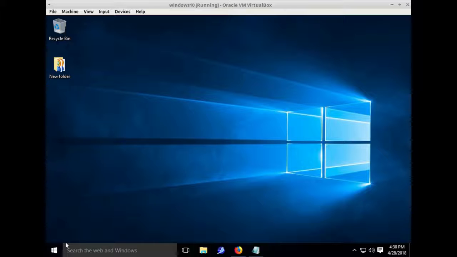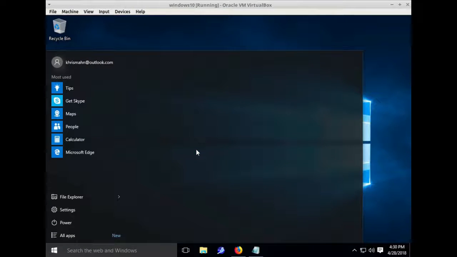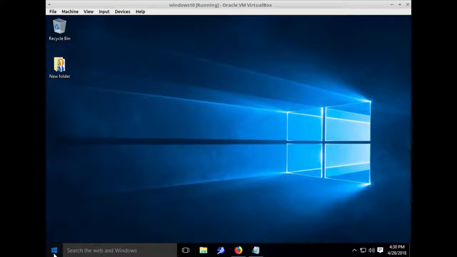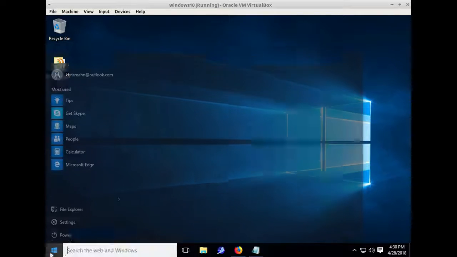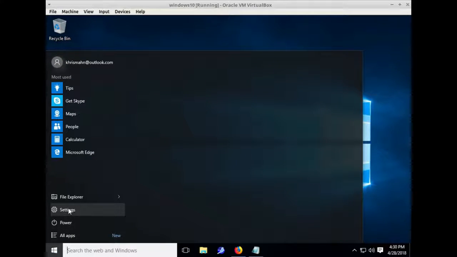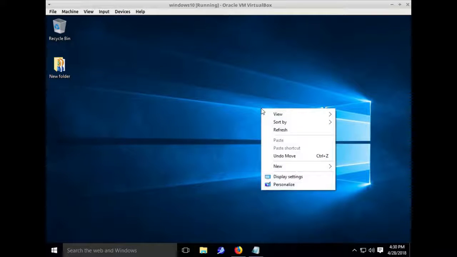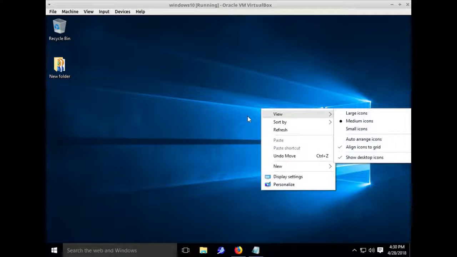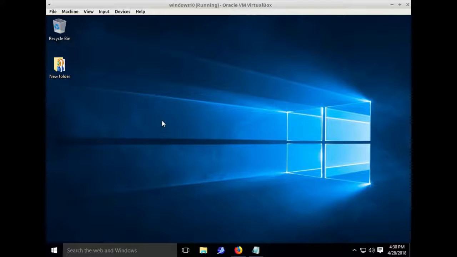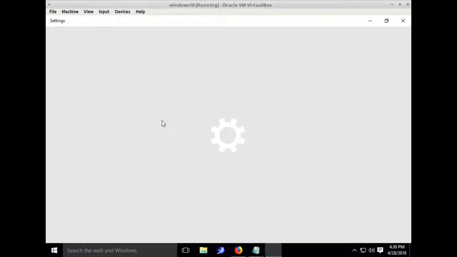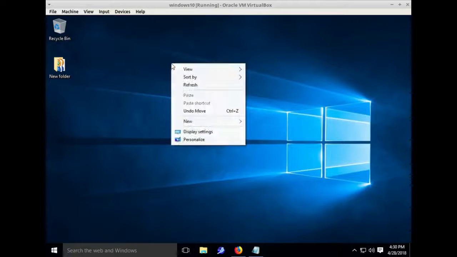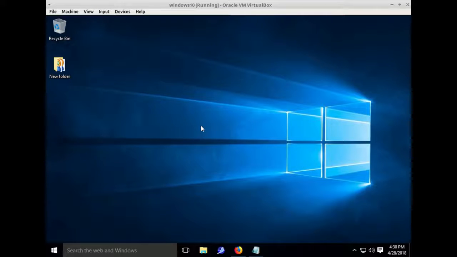Okay, so some of the settings. To go to the settings, let's say you want to change a couple things in here. To get to that, you can just click over here on the Windows icon, and then go to settings. Or you can, let's see this one, when we right click and click on display settings. I find this to be easier if you just right click and then go to display settings, and then in here,